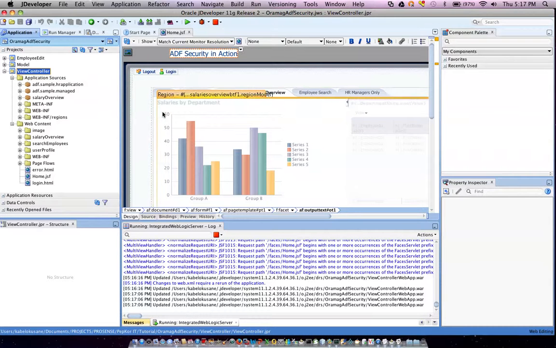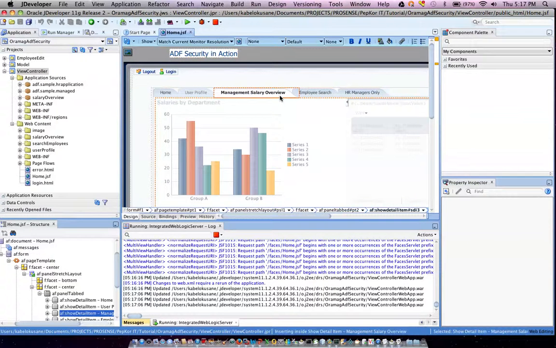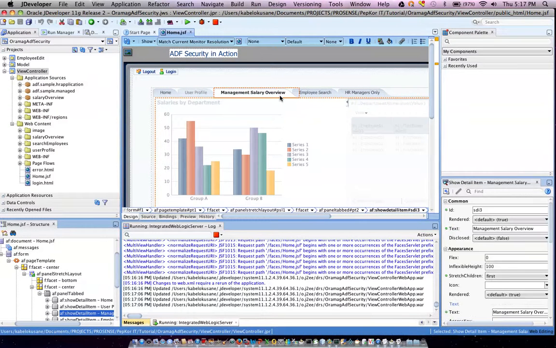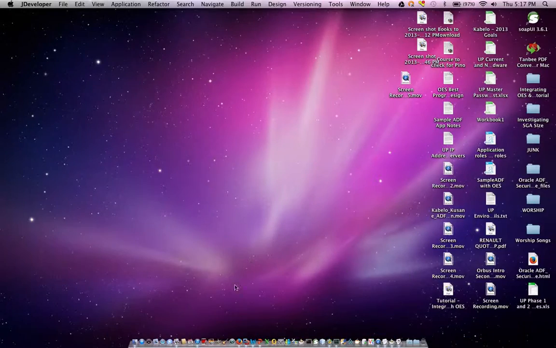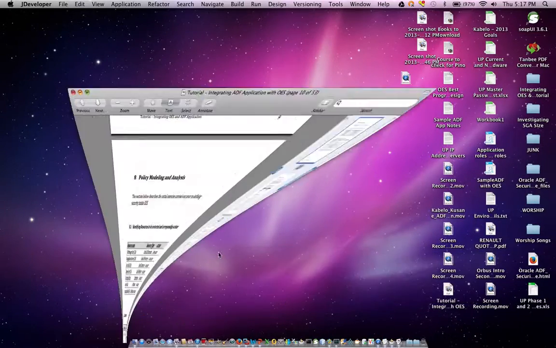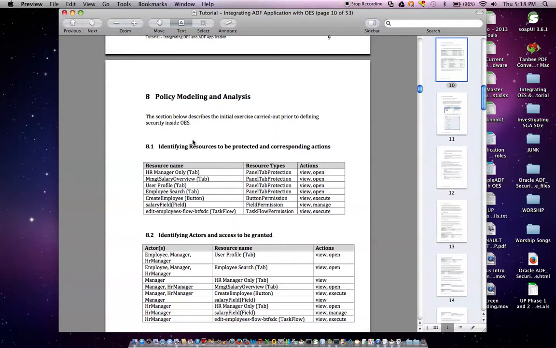Alright, let's get started with securing the ADF components using Oracle Entitlement Server. Firstly, we'll start by securing the Management Salary Overview tab to make sure that it can only be visible to the managers and normal employees. And for normal employees, it will get disabled. Okay, to get started, we'll first